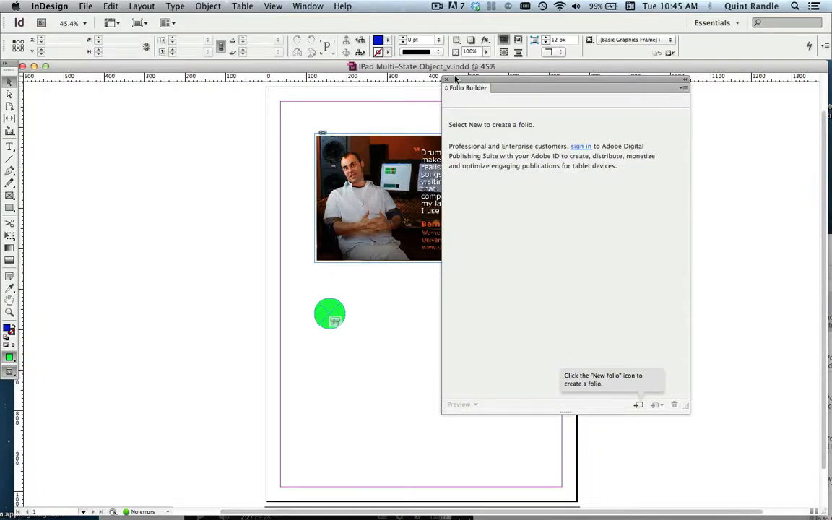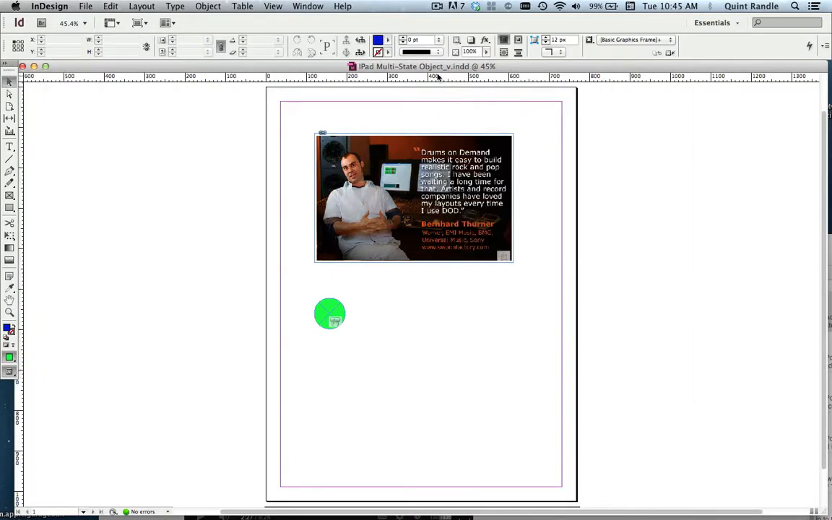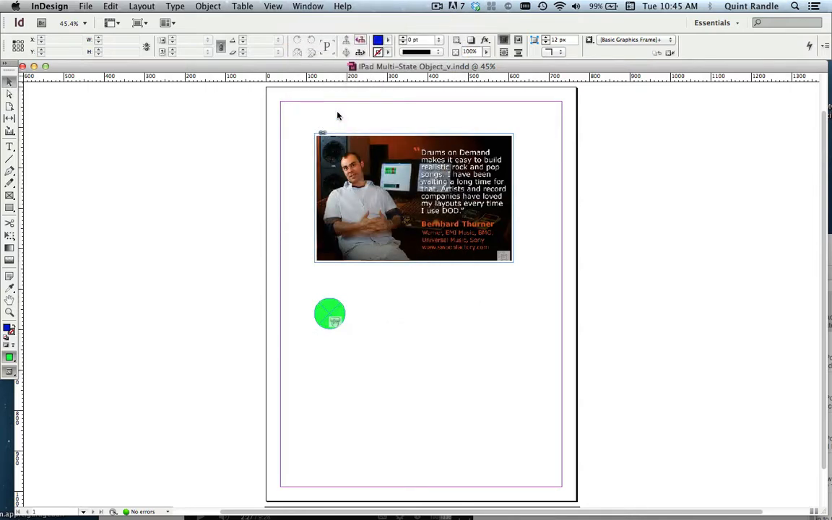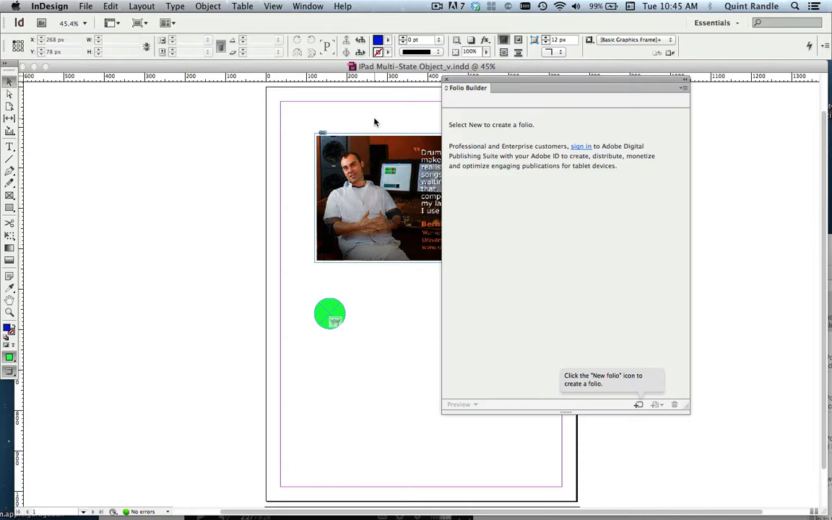Okay, so this is how we're going to publish your iPad page to the cloud, so it can function on an iPad and you can share it with others. You're going to come over here to Folio Builder, select that, and create a folio, which is kind of like a full publication, and you add articles to it. So the first thing I'm going to do is click the new folio icon down here